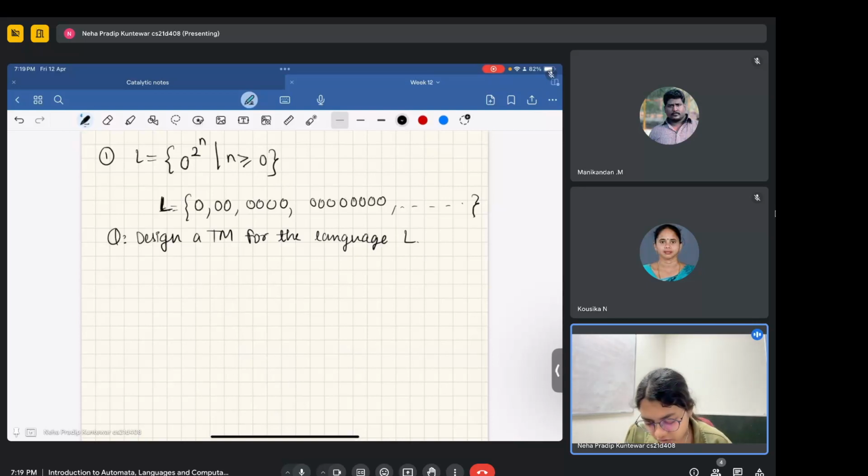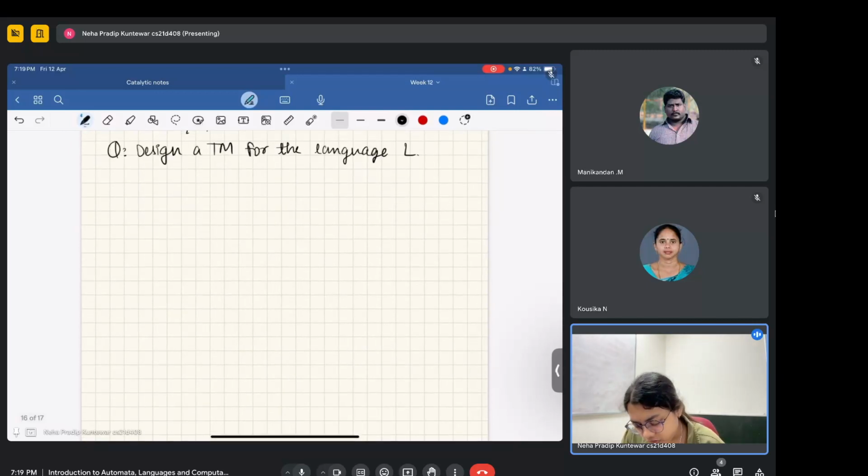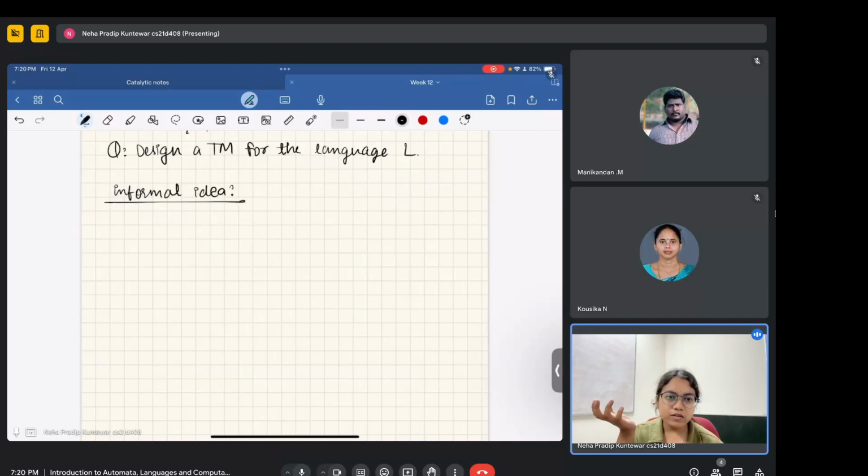Okay, so let's see the solution. Let us write the informal idea first. The informal idea is something that we discussed in the previous tutorial also. If you want to see whether a number is a power of 2, then the simple trick is that if a number is a power of 2,